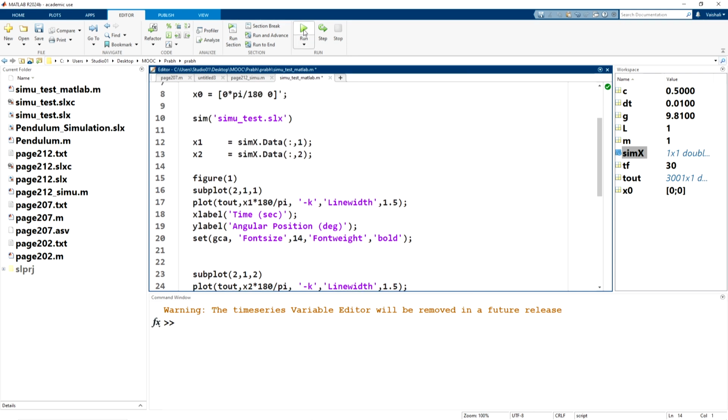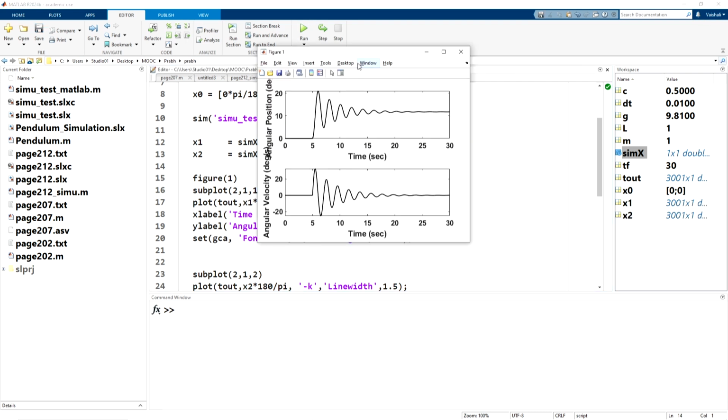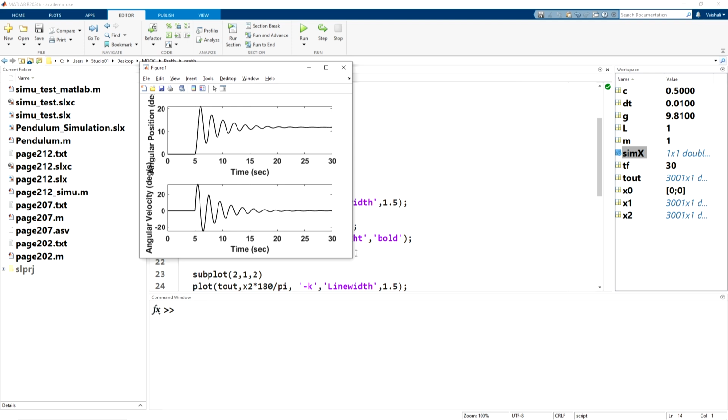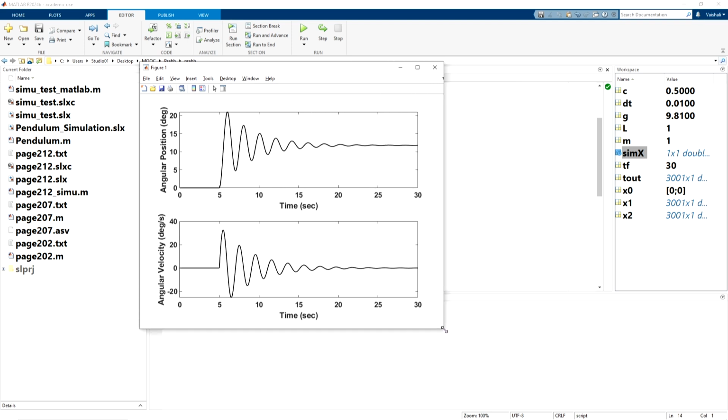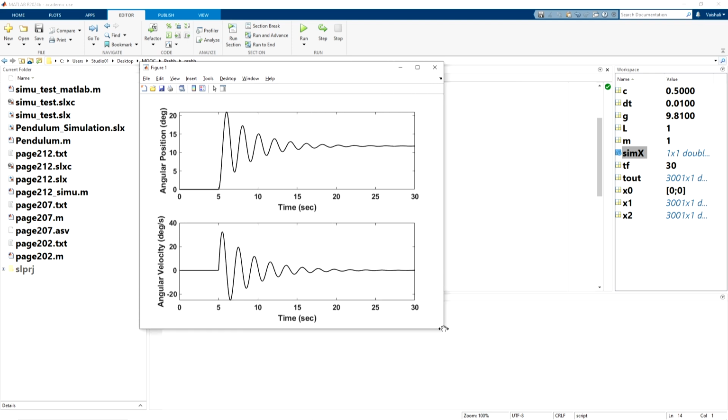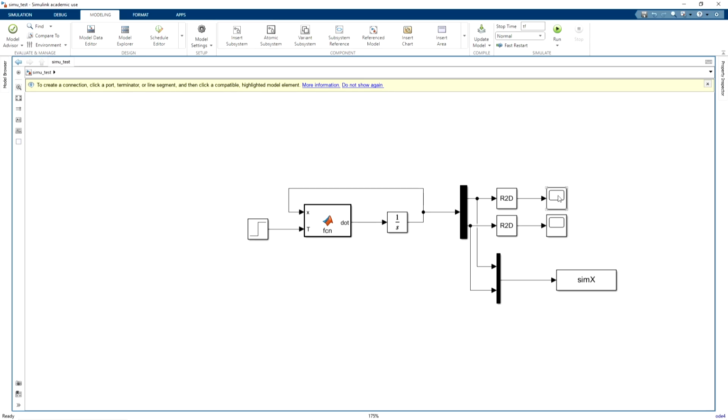Now let me run this file. Before that, let me close if there is any scope opened. All right. So this is the response that I am getting here. Now let me check whether the similar response is observed here or not.